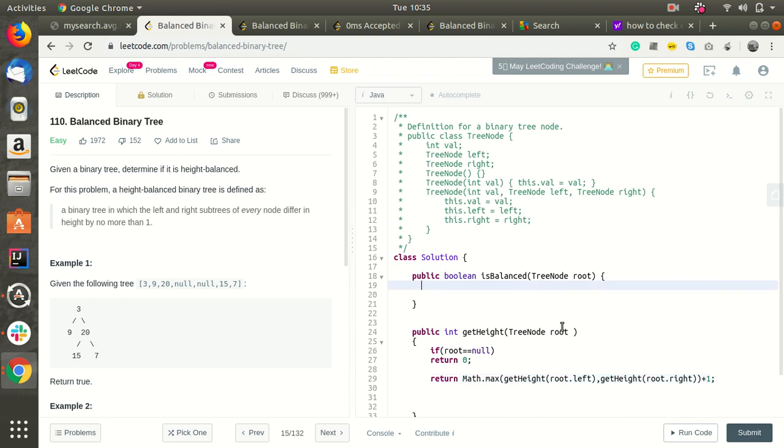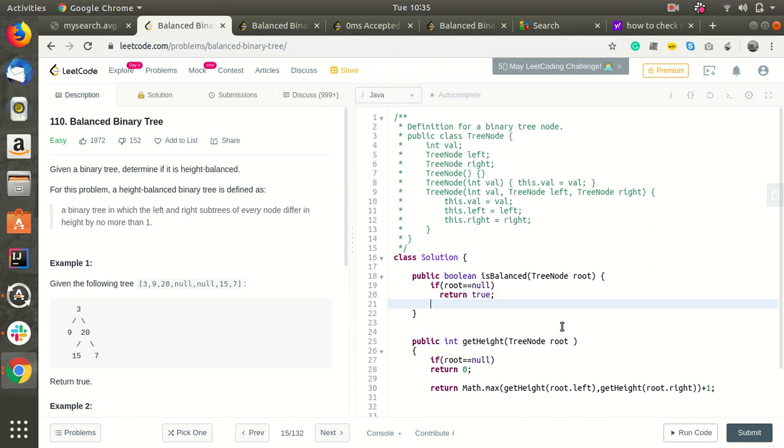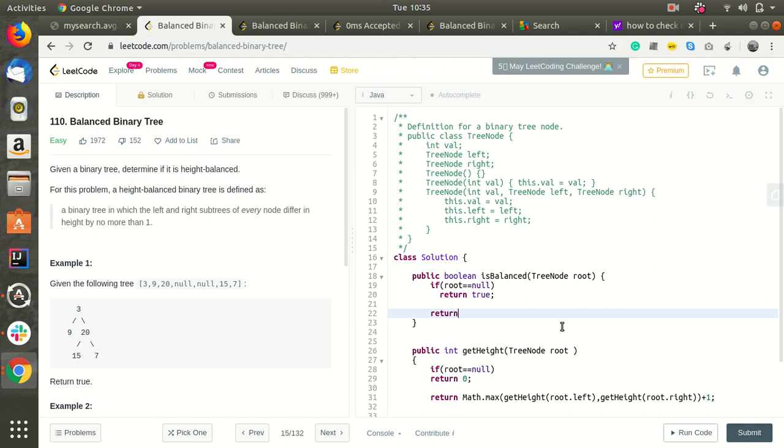Now what we will do is, if root is null, we will return true. I'll explain why. After this we'll check whether the left subtree and right subtree heights differ by at most 1.